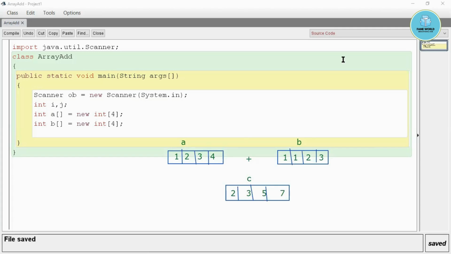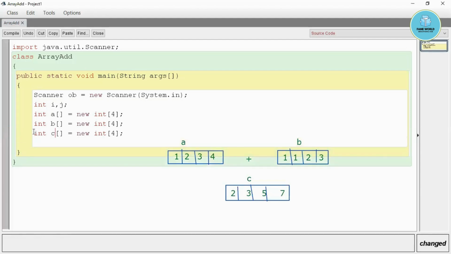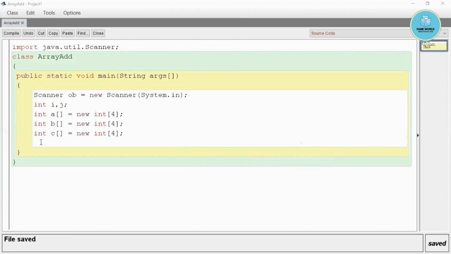So for this it is required that we take one more array to store it, and it should also be the same size. This way we have taken three different arrays because we have to perform addition. Now whenever you get a question of array addition or anything related to arrays or matrices, always try to take input, print it, then perform the work and then print the output. This is very much required.